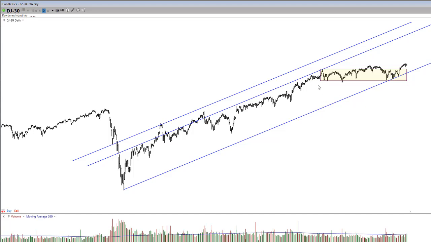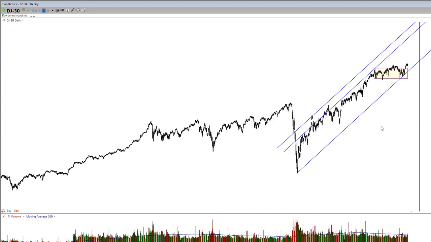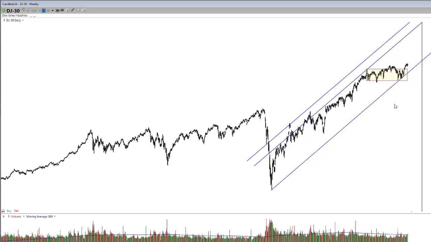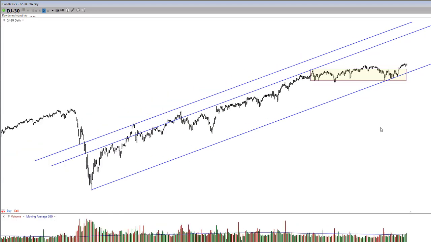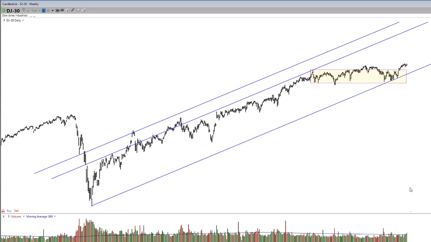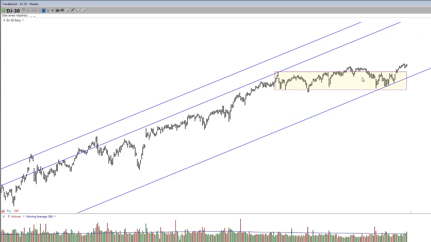But the interesting thing about what we're going through here is that we're seeing this market go sideways. Whenever the market or the Dow Jones just does nothing like this here, this is called the calm before the storm, right? So we're seeing the Dow Jones pretty much just be flat for the majority of this year. It really hasn't been doing much. And if I zoom in a bit more, we can see how, again, it's more like a box, more like an area. But this here is just building up a lot of energy.